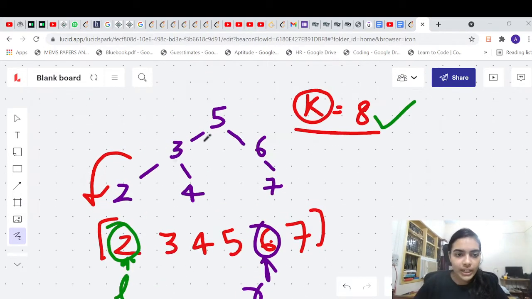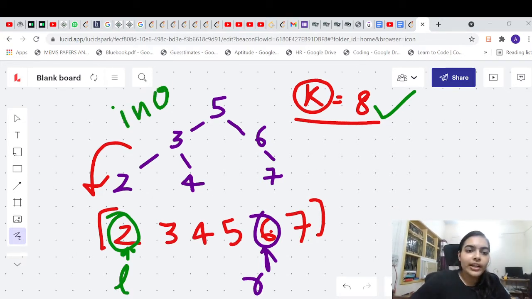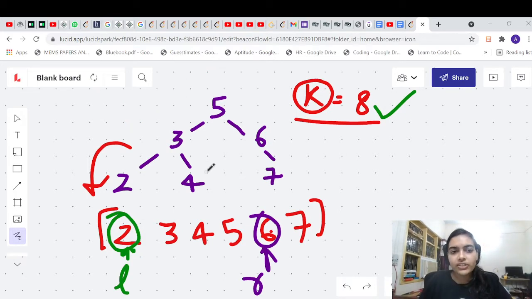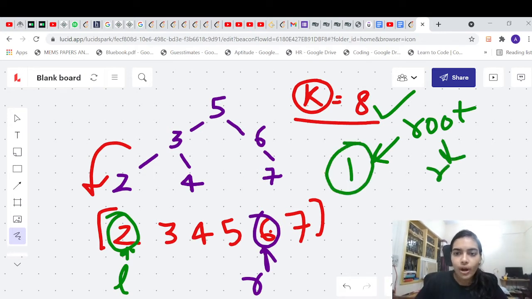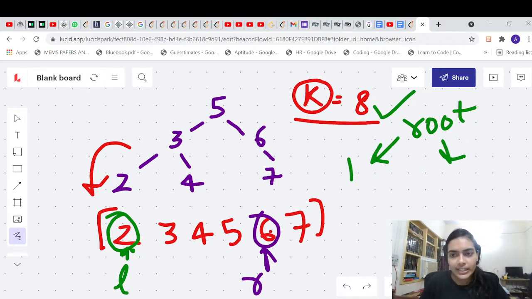Now how do you convert this binary search tree to this particular sorted array? You can convert it by doing something which is called in-order traversal. Right? What is your in-order traversal? See, a binary search tree is always sorted if you go along the in-order traversal way. Because in a binary search tree, you always have a root value, and then you have a left value, and then you have a right value. Left is always lesser than root, right is always greater than root. All the values are unique. These are the properties of a binary search tree.